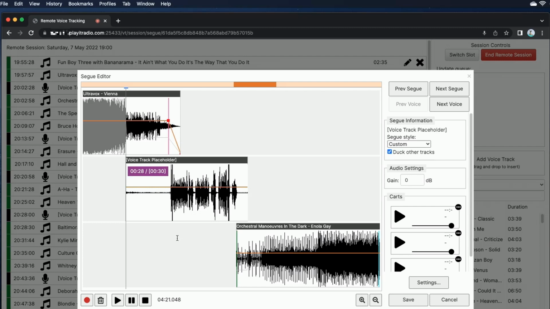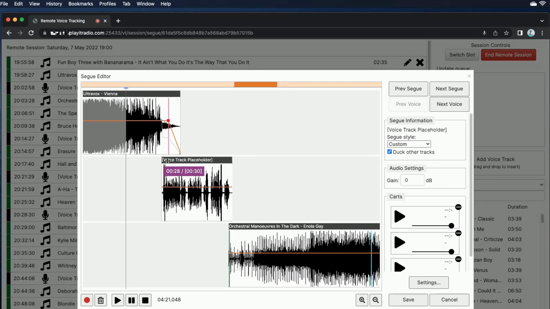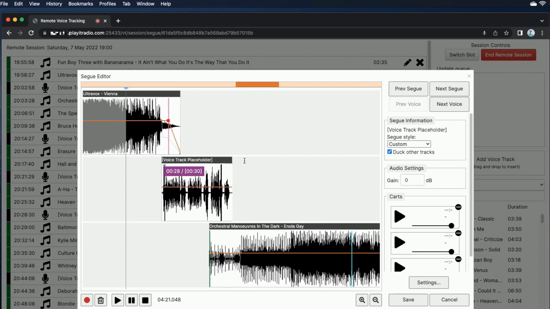After recording the voice track, you can move the voice track to a different point within the timeline. To move a voice track, click on the top bar where the title is and click and drag to your desired location. And to drag based on the next track, go to the other end of the voice track and move it relative to the next track.